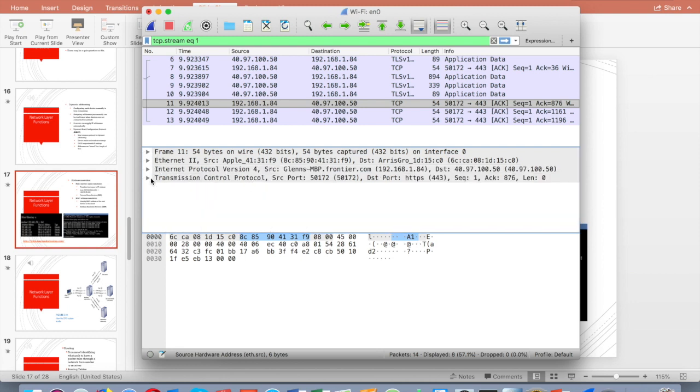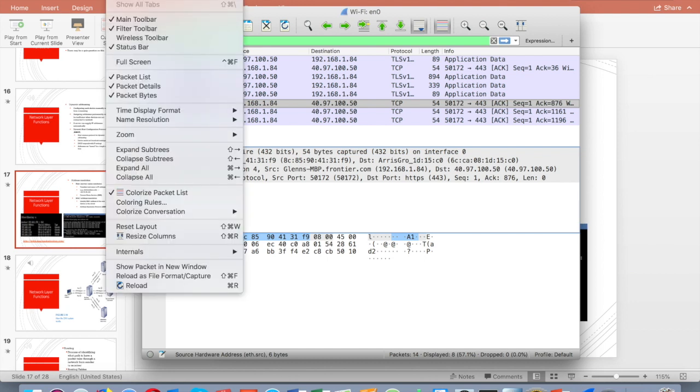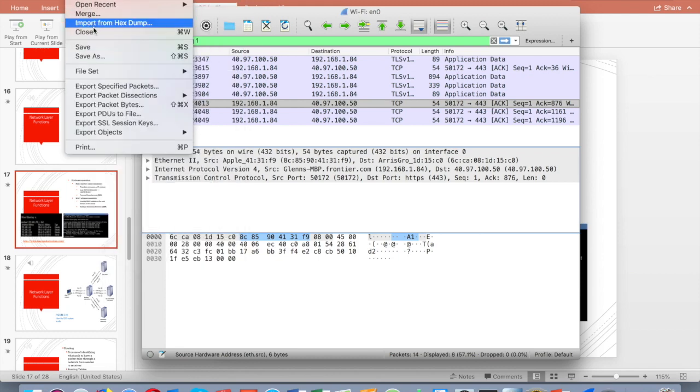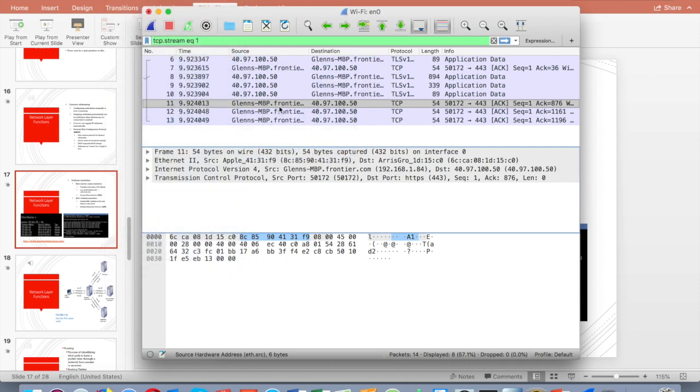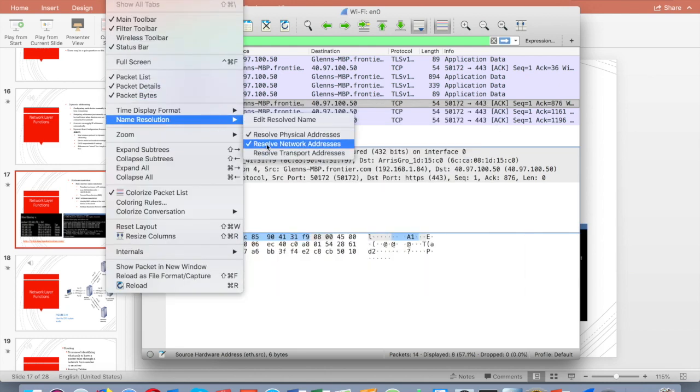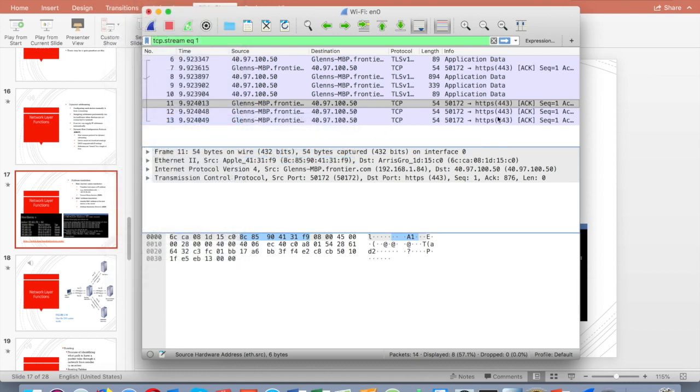So this time I'm going to go under View in Wireshark, and I'm going to go to Name Resolution, and you can tell it was already set to resolve the physical address, or the MAC address. So now I'm going to also check this. Oh, look at that. It already resolved my address right there. And then I'm going to resolve the transport address as well. Oh, and there it goes. It shows you how it just translated it with these requests here.